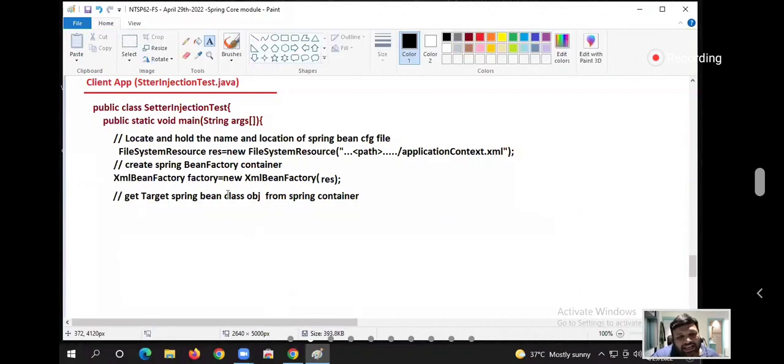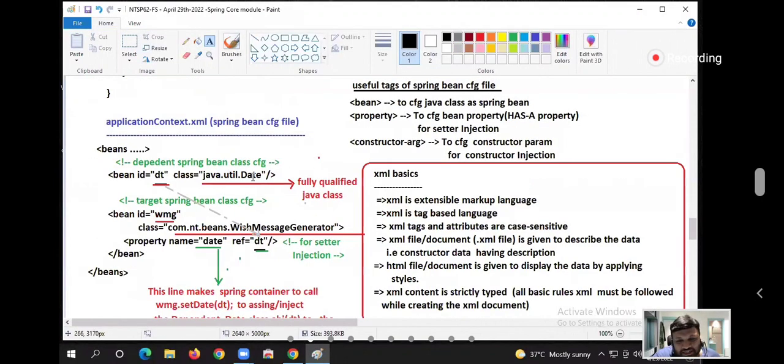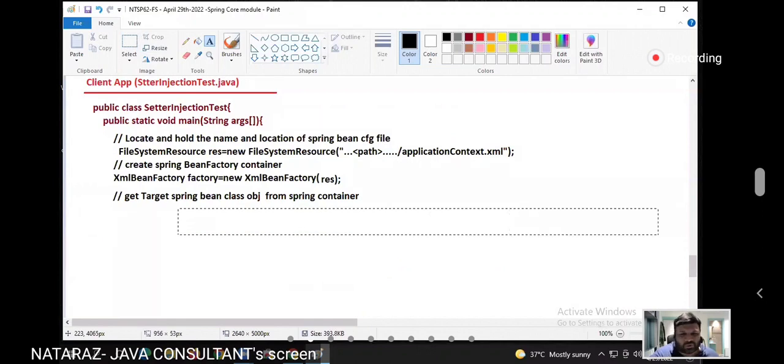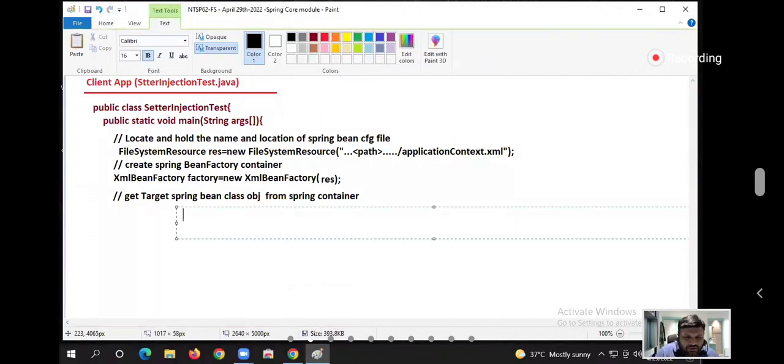I can ask the container, give me the Date class object, give me the WMG object, or tomorrow some other class object. Come on, guys. There is a predefined method doing that work. What is that, do you know? factory.getBean("WMG"). Yes, there is a predefined method.